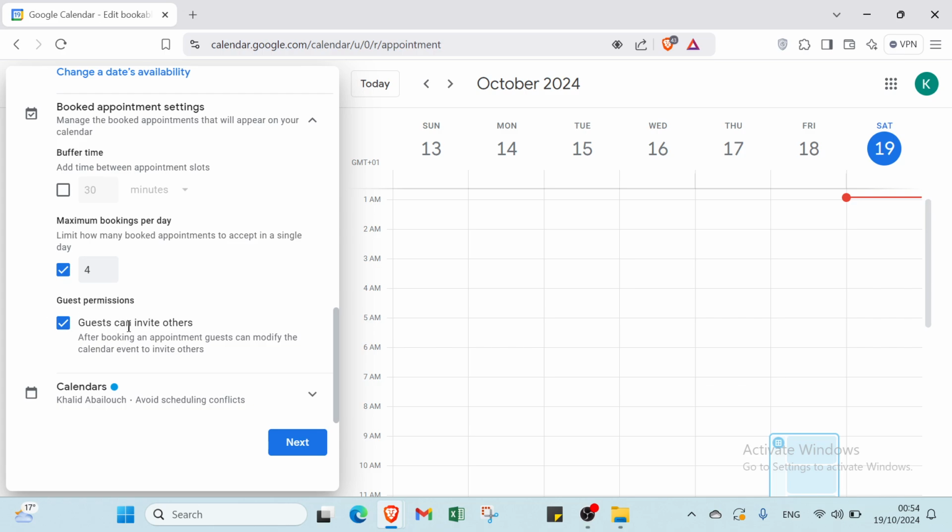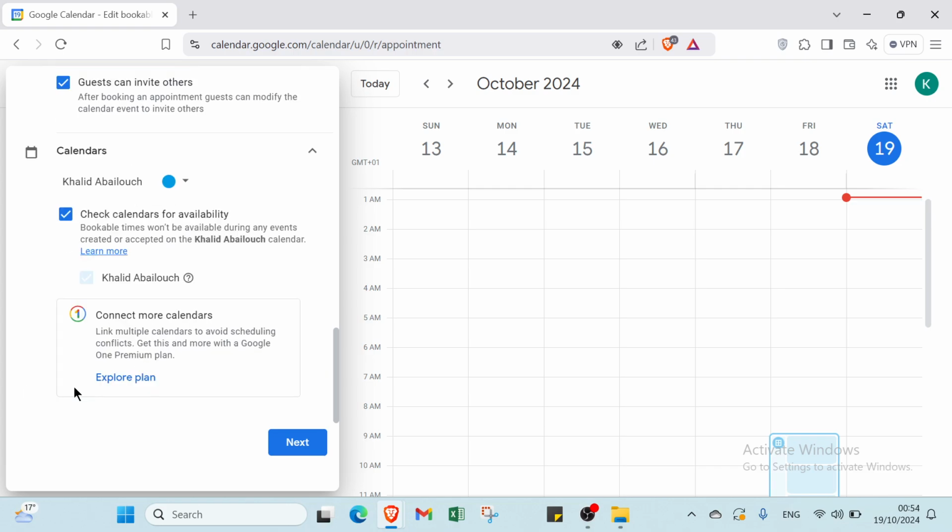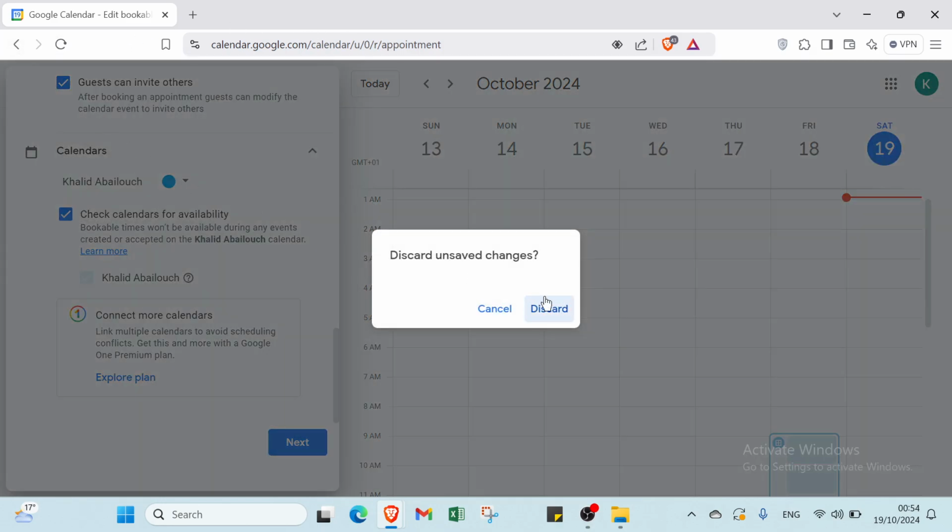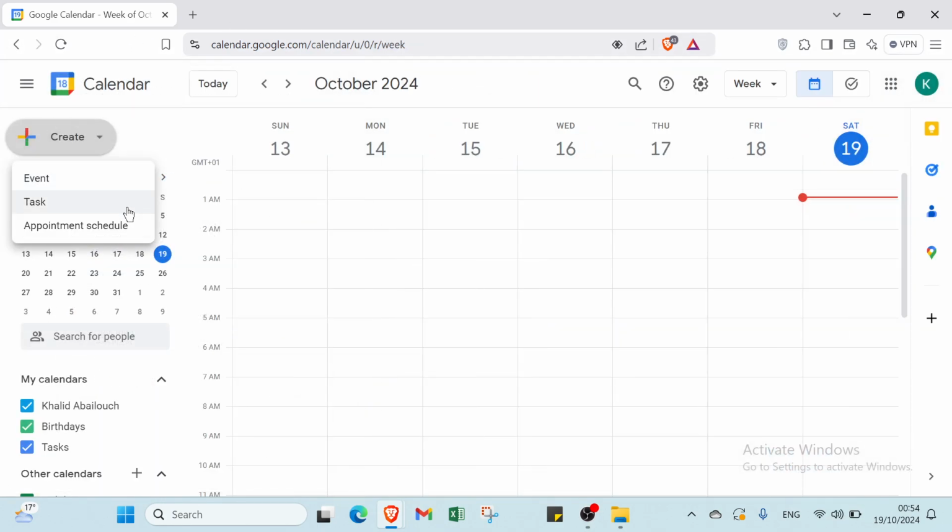You can let guests invite others. After booking an appointment, guests can modify the calendar event to invite others. Then here we have calendars as well. All right, then you click next and you create the appointment schedule. So this is how it works with Google Calendar, a powerful, user-friendly tool that helps individuals